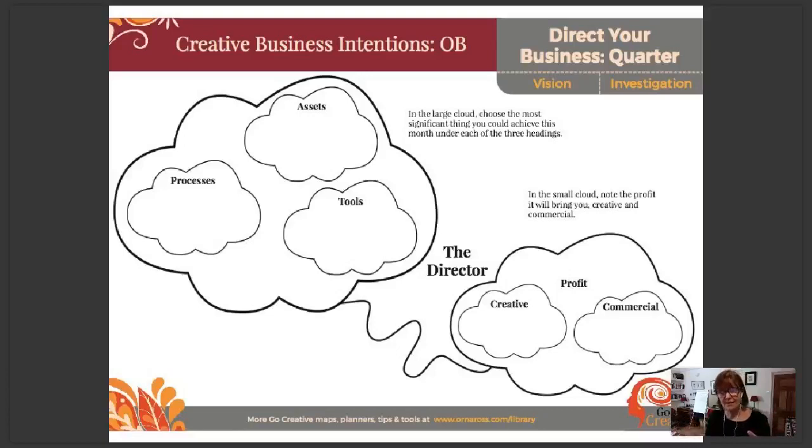So could you add another product? Could you improve your market positioning? Could you work on your brand and presentation? Could you decide who your core customer is and what you're going to set up for them? Could you get an understanding of the methodology that you're using so you could actually put it down in a way that could help other people? Could you create a course? What's the one thing you could do that would give you the most creative and commercial profit? That's what's there on the other side.